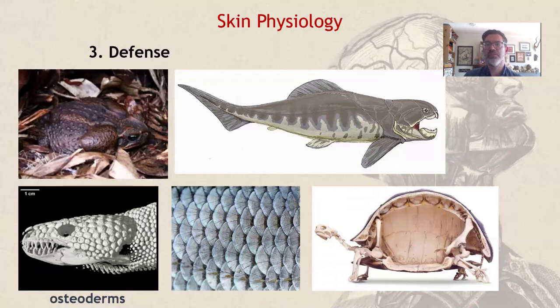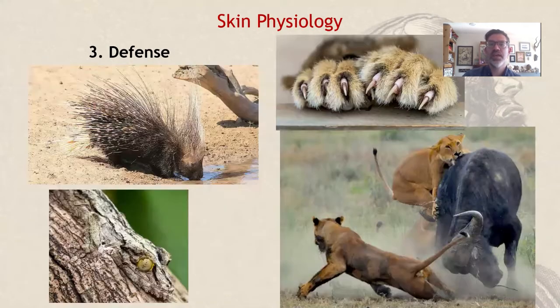Mucus glands also kill off bacteria and other foreign invaders, which brings us to the third function of the integumentary system, defense. Animals like amphibians have poison glands that release a poison if the animal's skin is injured. Other animals have large bones called osteoderms embedded in their skin, which creates a layer of armor. Crocodiles, lizards called skinks, and giant extinct fish called placoderms all have these. Turtles are covered in bone, while fish and reptiles are covered in scales made of keratin that protect their insides from harm. Animals may also have claws, hooves, horns, or modified hairs that help them protect themselves from predators.